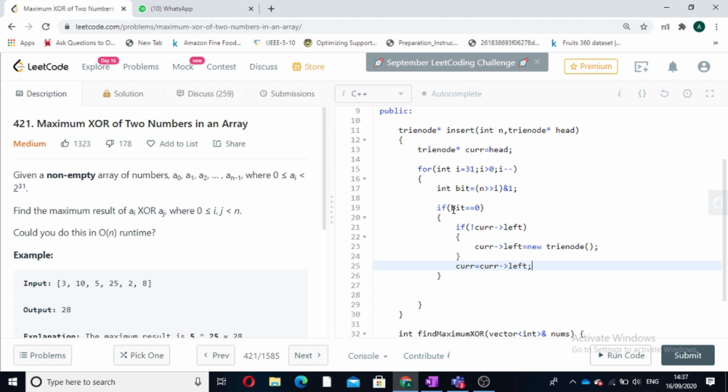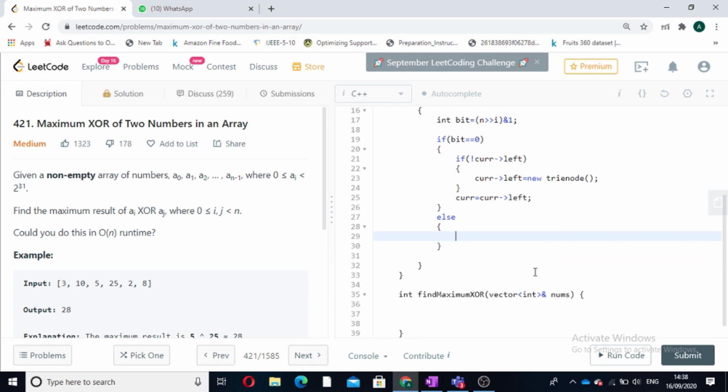Let me explain again. When the bit is 0, we have to move towards the left side. If the left node does not exist, we first have to form that node and then move to that node. If that node exists, then this if condition will not execute and we directly move to our left node. In the other scenario, when our bit is 1, we have to move towards the right side.